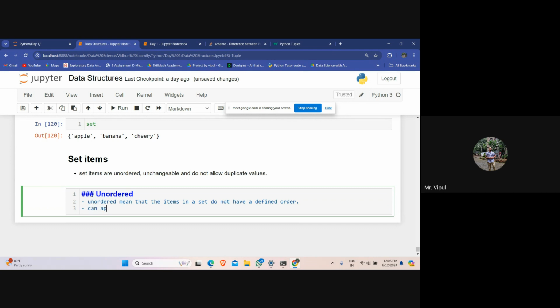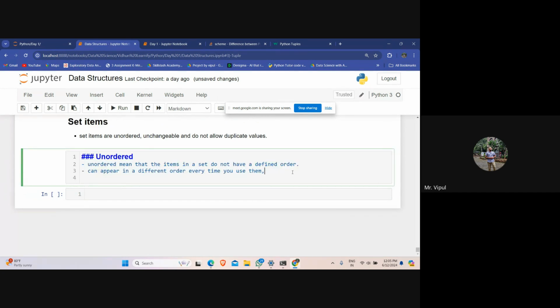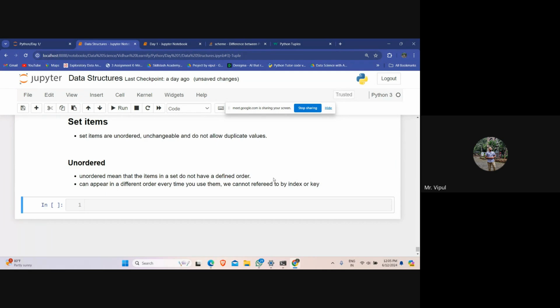It can appear in a different order every time you use them. So what does this mean? We cannot refer to items by index or key. And duplicates are also not allowed in this.